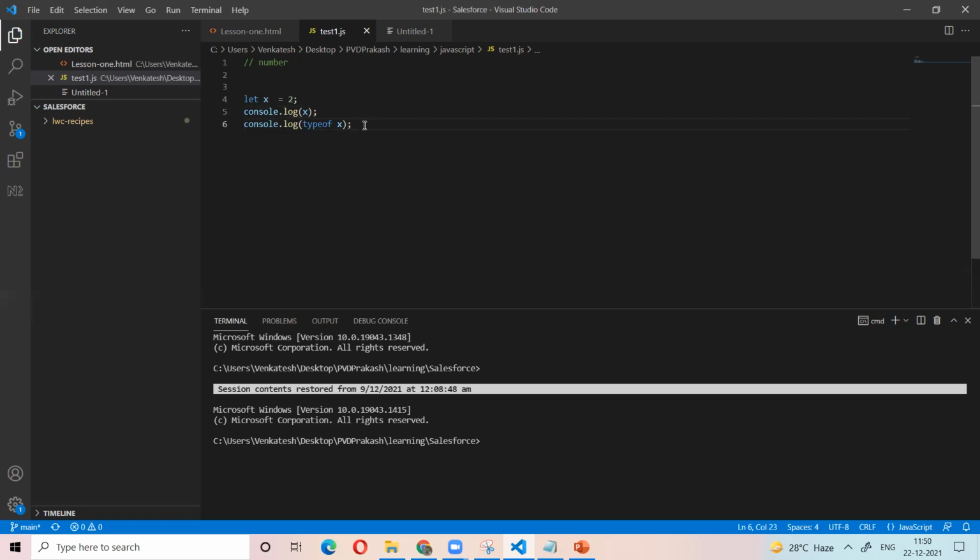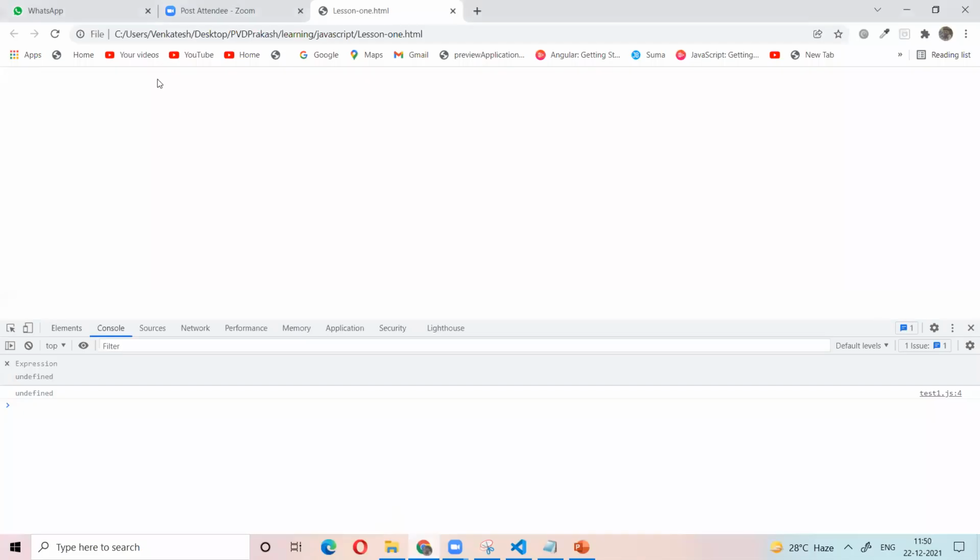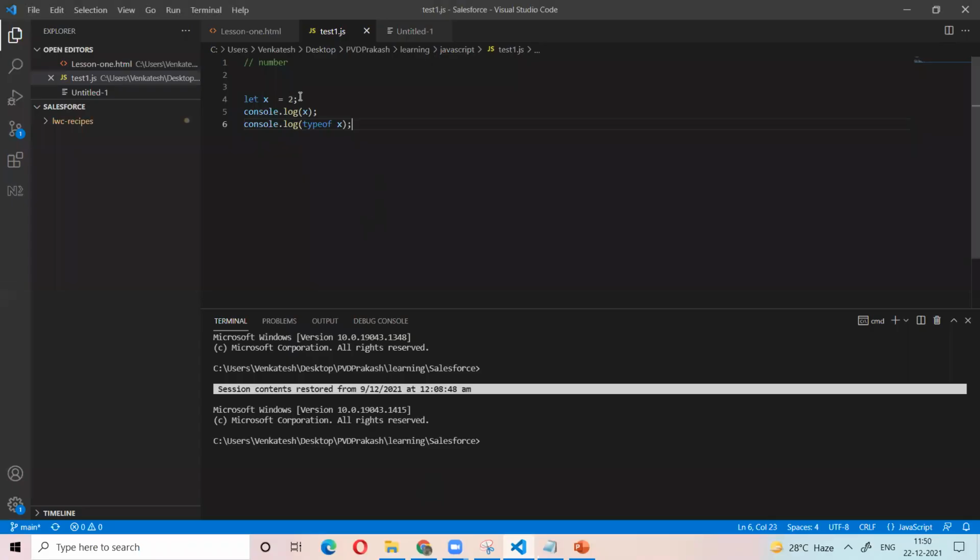Sixth? Number. So x is the variable name, 2 is the data, and the data type means what type of data we stored in x. To know the type of the variable, use the typeof operator.